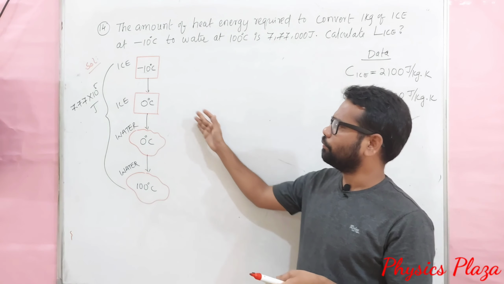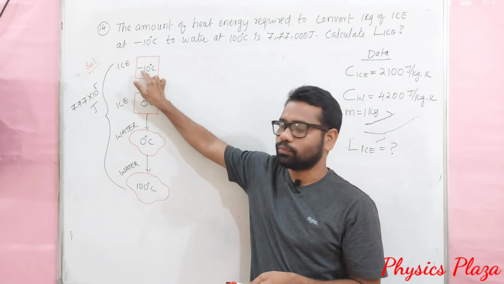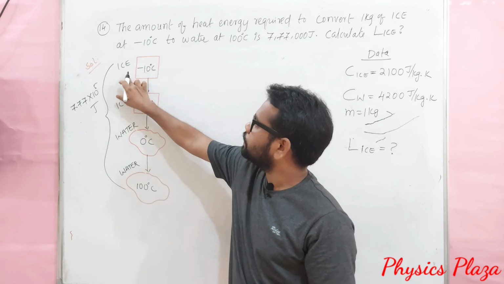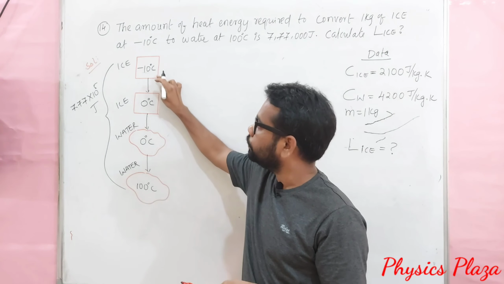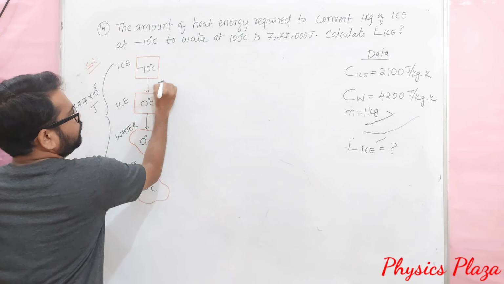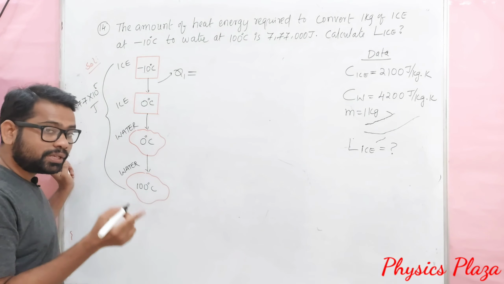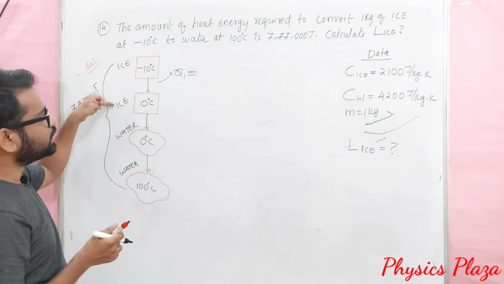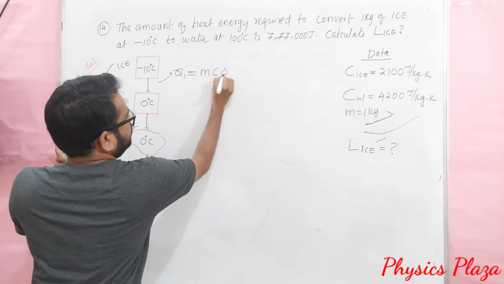Children, we have done so many numericals based on this concept. Ice at minus 10 degrees Celsius won't convert directly into water at 100 degrees Celsius. Initially, ice at minus 10 degrees Celsius will change into ice at 0 degrees Celsius. During this process, let us say the amount of heat required is Q1. How to calculate here? Which formula should we use: Q = ml or mcΔT? Look here, there is no change in state, rather there is a change in temperature. So go for mcΔT.